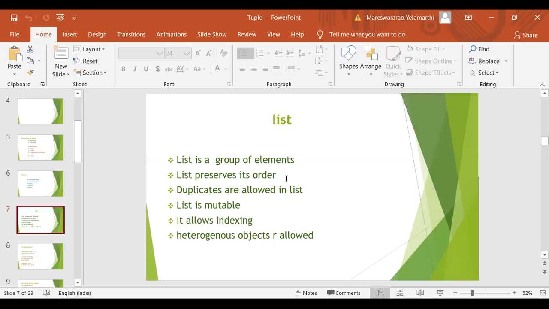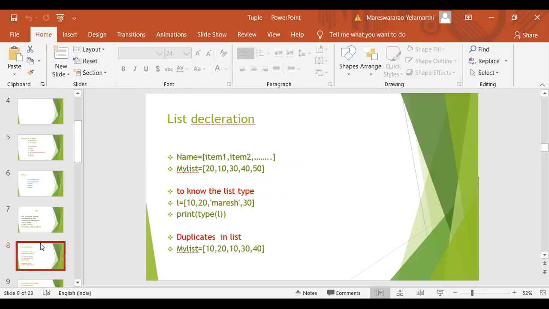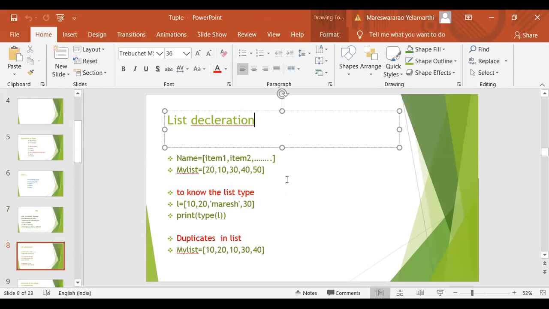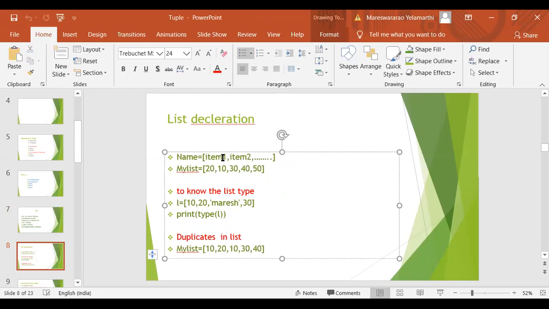In case of tuple, we used the normal brackets, small brackets. In case of list, we need to use the square brackets. Name indicates the variable name, and list items are decimal items.